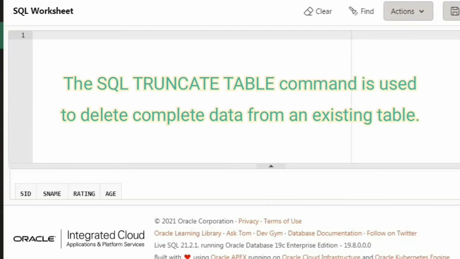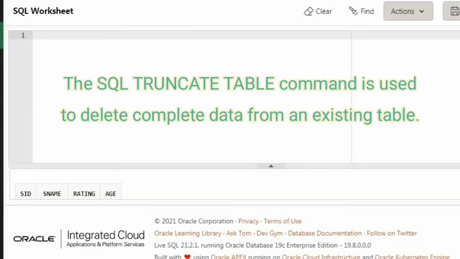In the previous sessions I have already discussed certain DDL commands, data definition language commands such as create, alter, etc. And in today's video I am going to discuss some of the data definition language commands which are truncate, rename, drop, and how to give comments in your SQL queries.